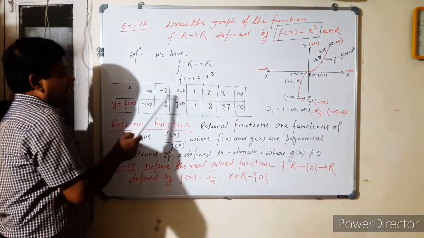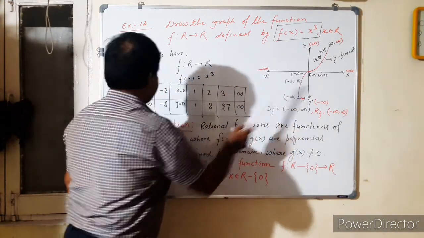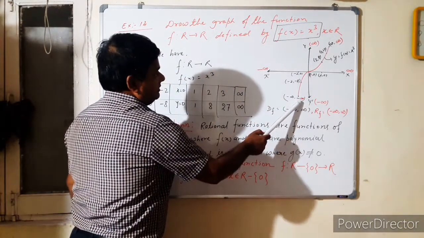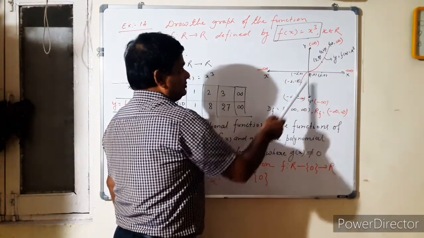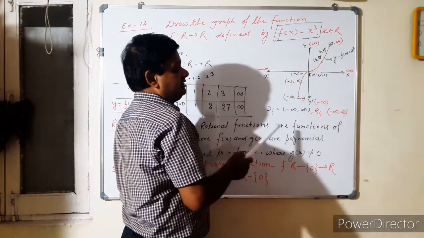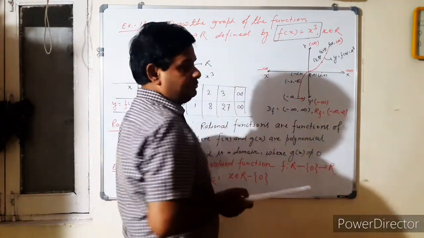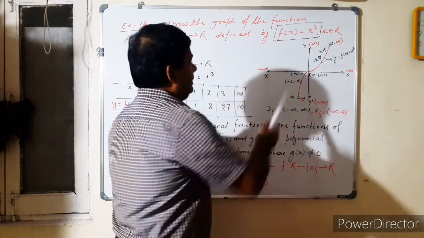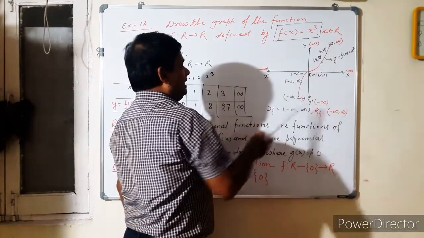Now see here, when x is minus 2, y is minus 8. When x is minus infinity, y is minus infinity. So this curve looks like an S shape. This is a cubic equation, and the graph of a cubic equation generally will be in S shape. And you know that the graph of a quadratic equation is a parabolic curve, while for the cubic equation generally the curve will come in this S shape.